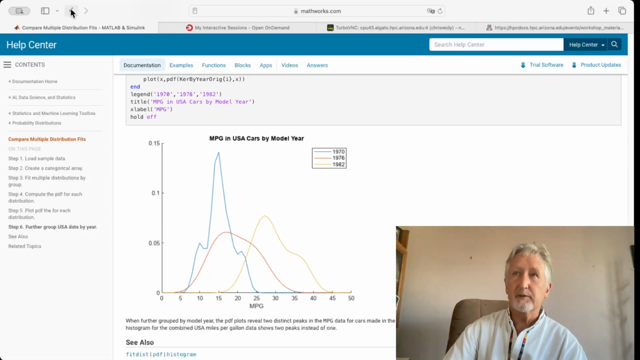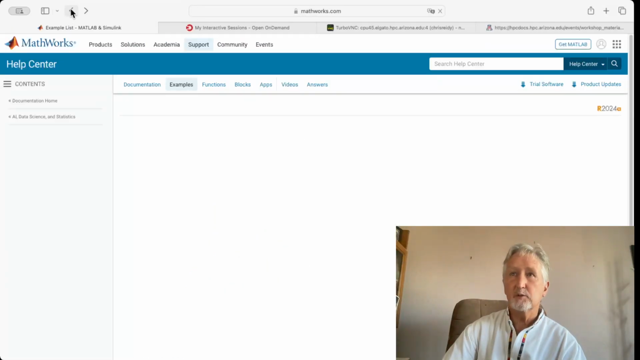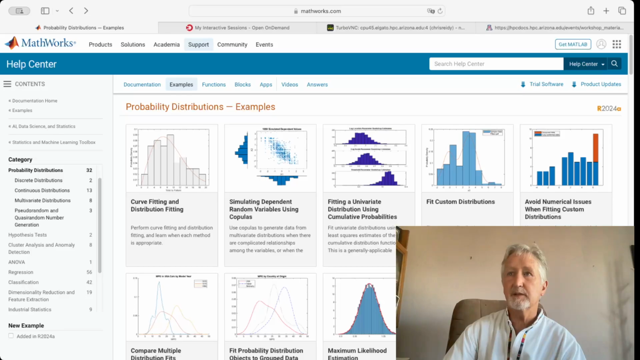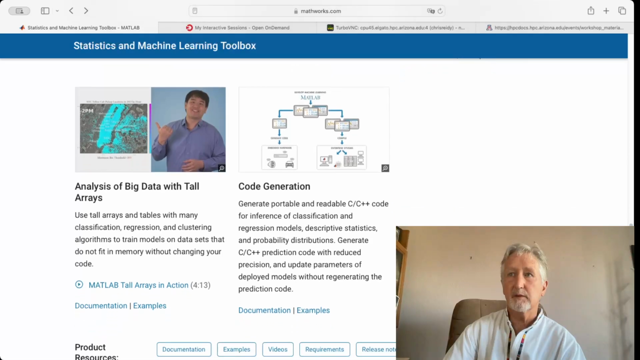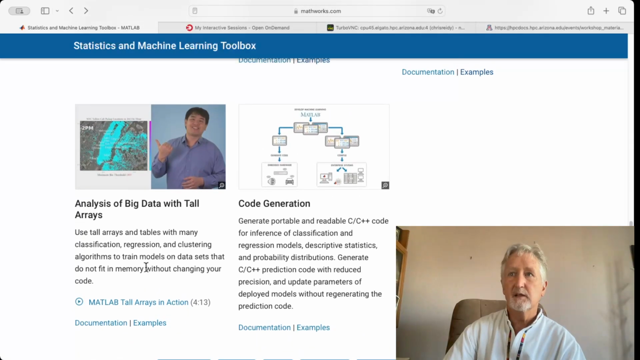So I feel at this point I've shown you how to get around the toolbox, how to use the toolbox on HPC, and how you can go into further detail if you want on MATLAB's site. We didn't get into analysis of big data with tall arrays or code generation, but they do have a pretty neat code generation tool, which we could probably save for another